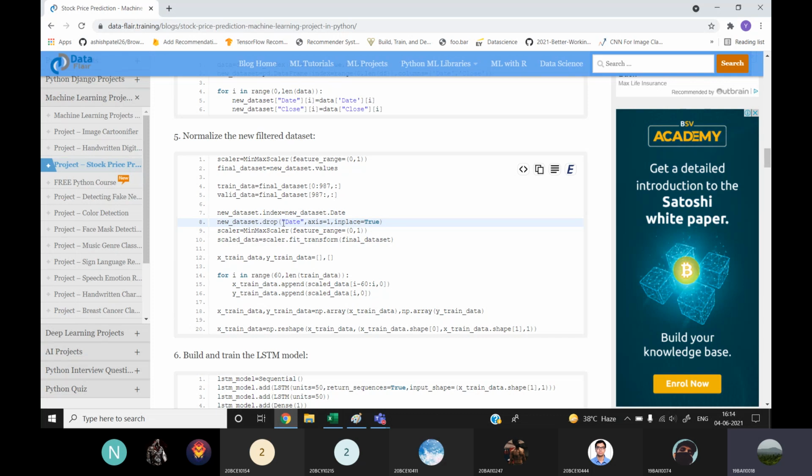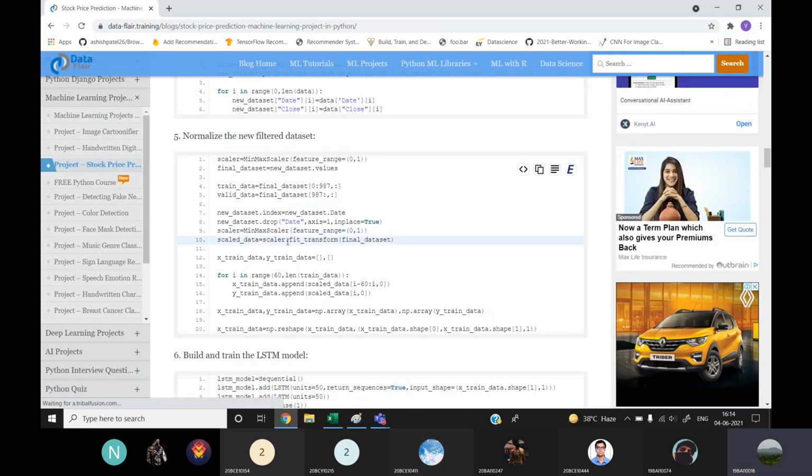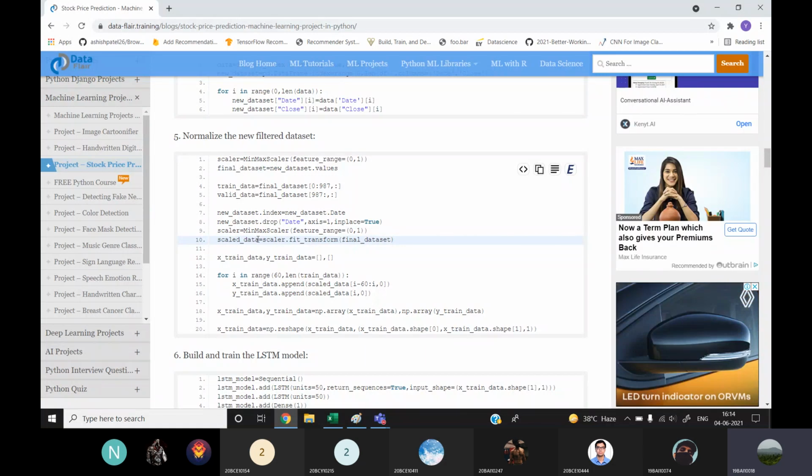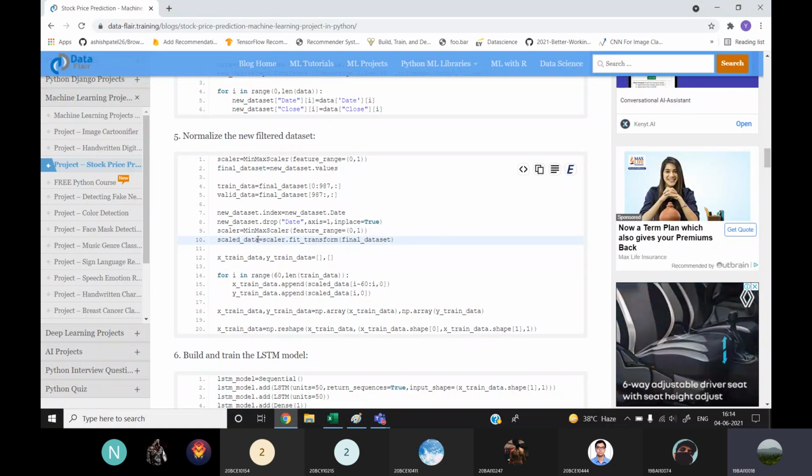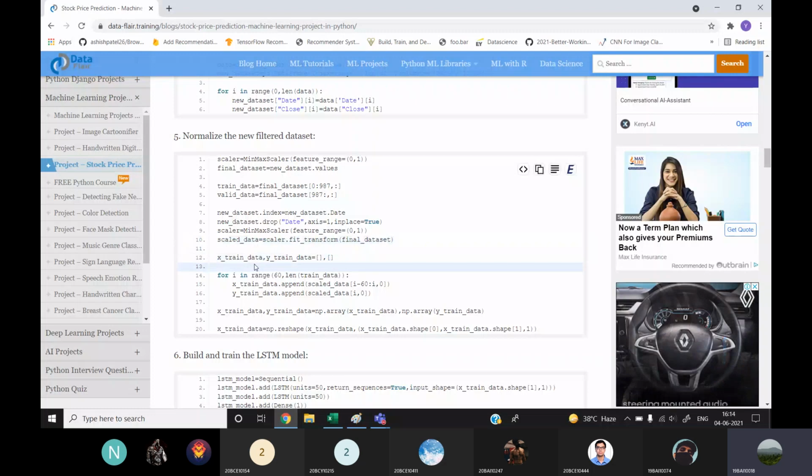So we'll just drop that useless column date and then scale our data from 0 to 1. Scale data is equal to scalar dot fit transform final data set, and this scale data now contains our scaled data, and all the values will be between 0 and 1.